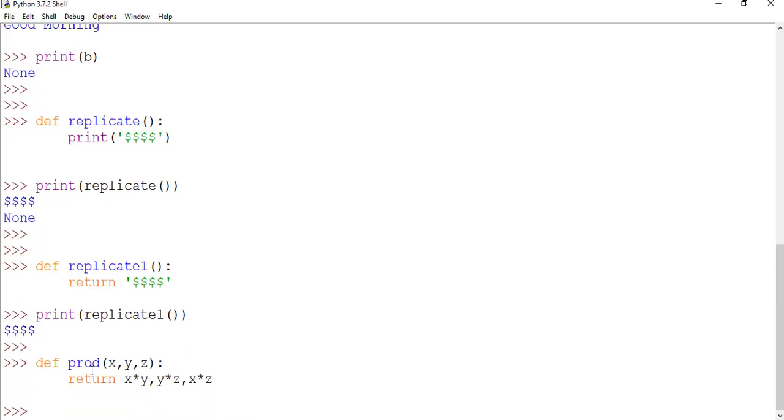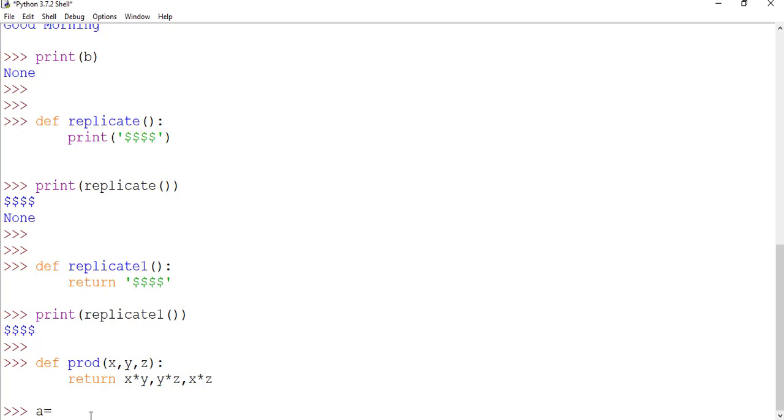What this function is doing: it is taking three parameters x, y, z, and it is returning the product of x and y as the first value, the product of y and z as the second value, and the product of x and z as the third value. So it is returning three values.